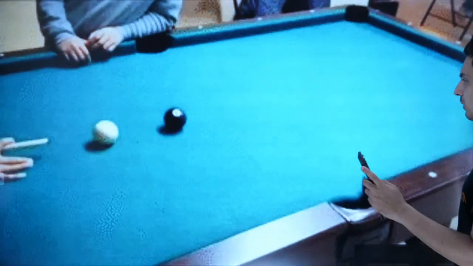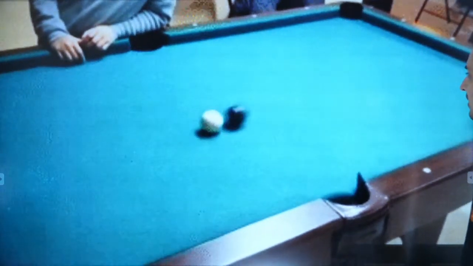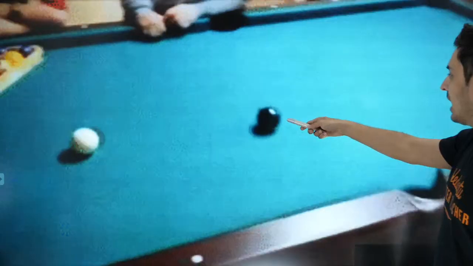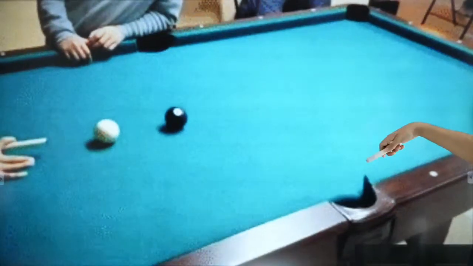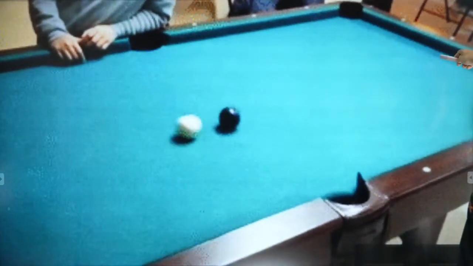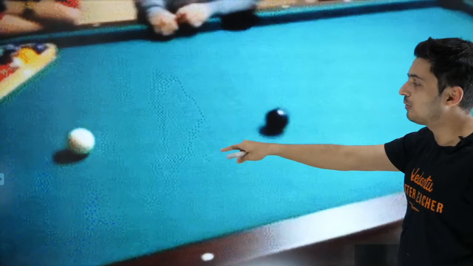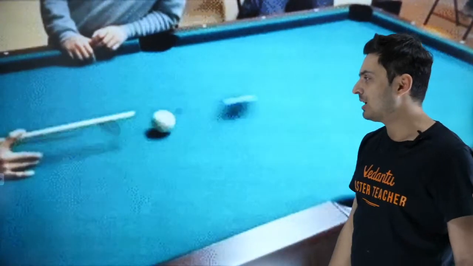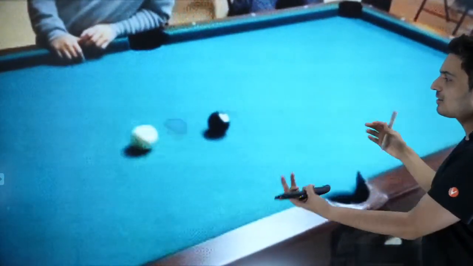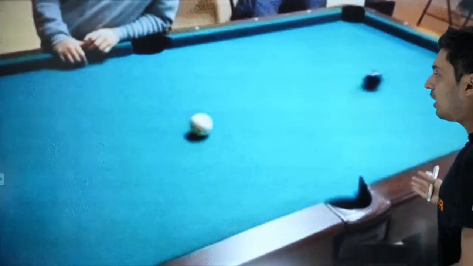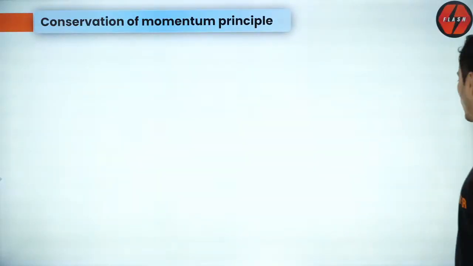I'll be telling it to you in words. Look at another example over here. This is not a simulation, this is an actual video. You can see the stick hits the white ball and that hits the black ball. It transfers the momentum, but the black ball gets a sudden impulse from the edge of the table, so the direction gets reversed, and the black ball again hits the white ball and it transfers the momentum back. So a lot of collisions, a lot of momentum transfers happening over here, and you can see how momentum is getting passed on from one object to the other.